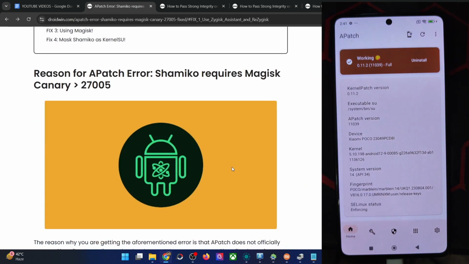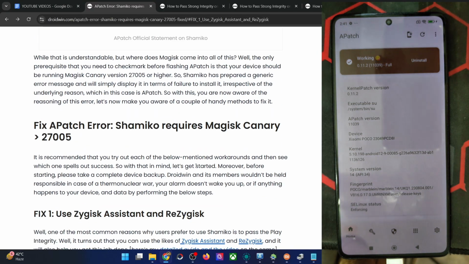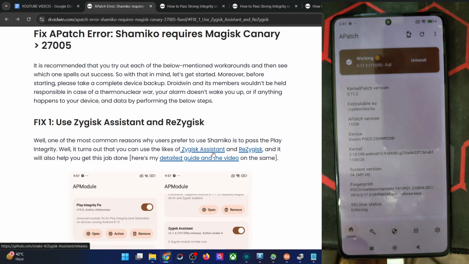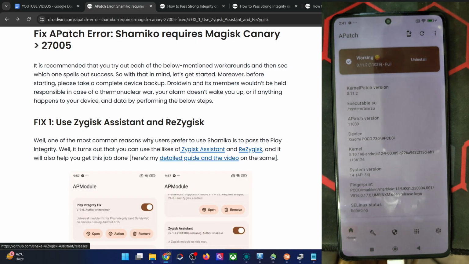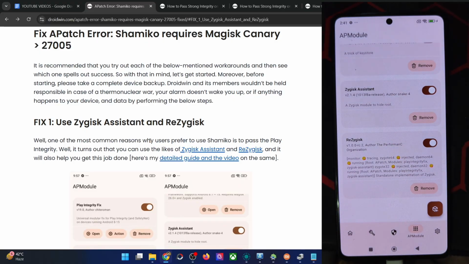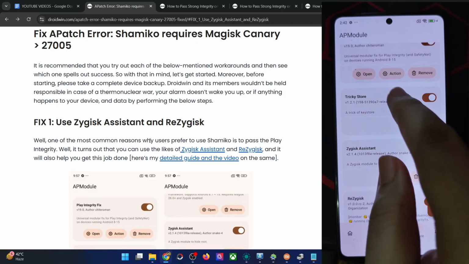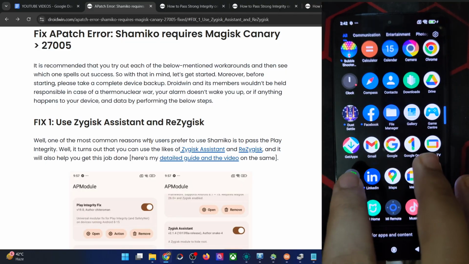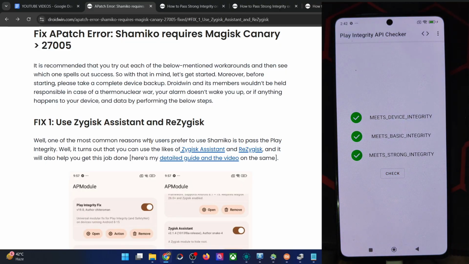First and foremost, if you're trying to pass the Play Integrity test using the Shamiko module, then you may simply skip that, because in place of Shamiko, you may also use the Zygisk Assistant and the Rezygisk mod to get the job done. So simply get hold of the mods from their official GitHub page and flash them onto your phone via the module section. As you could see, the Zygisk Assistant and the Rezygisk module are there. Flash these two modules, and once you flash both, just do a restart. And if you are using Tricky Store as well, with the keybox file, then you will easily pass all the tests without any issue whatsoever, as you could see. So the passing of the test does not require Shamiko. You may easily skip the Shamiko module and use the Assistant and the Rezygisk mod to get the job done as well. Okay, now let's move ahead with the next step.